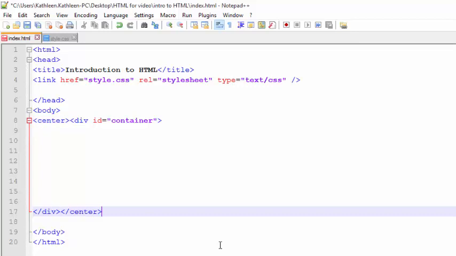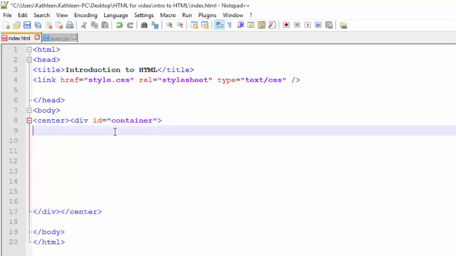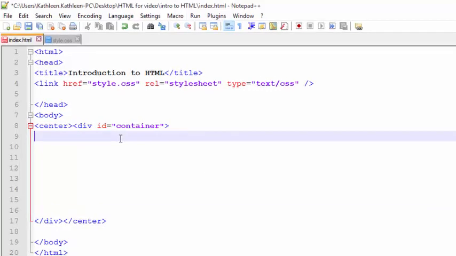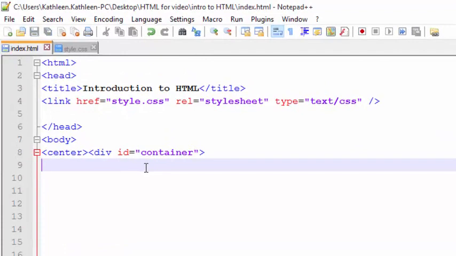Okay, so happier now. That's that much done. I'll just quickly save that again. Okay, so the next div that I want in the container, or rather the first div within the container, I'm going to put in, is the div for the banner, which is going to put the heading right across the